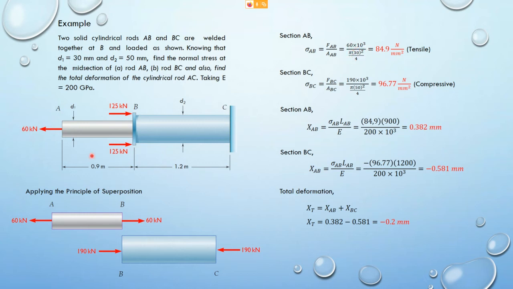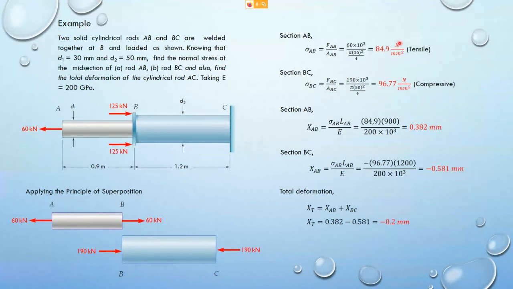So D1 is 30 millimeter. We use pi d square over 4, or we use pi r square, okay? If you use pi r square, it should be 15. I've used pi d square over 4, and then you have got the stress of 84.9 Newton per millimeter